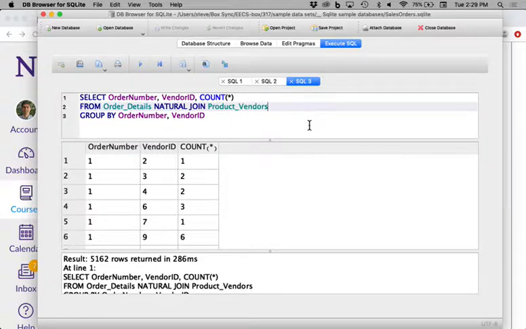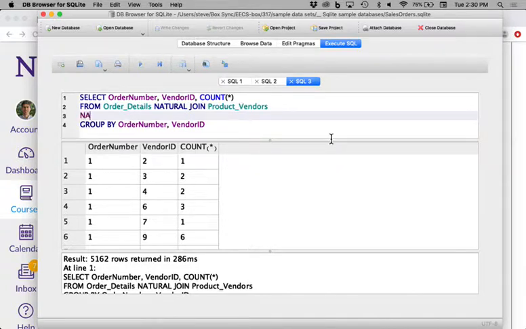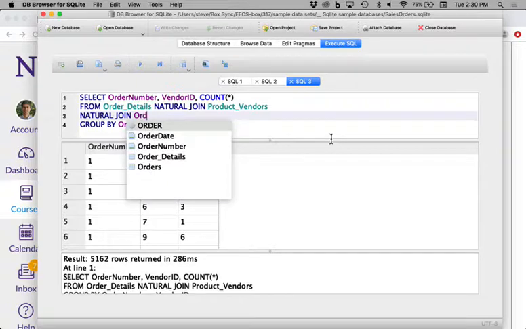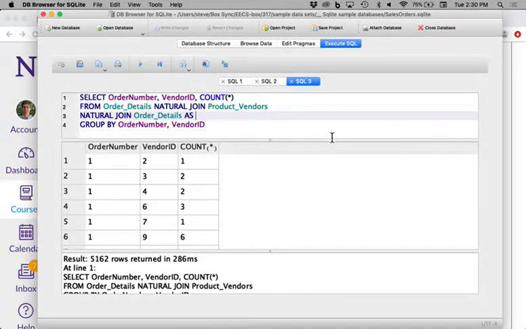Yeah, you could do it that way. I suspect that's how most of the solutions from the students were. I'm going to do this in a slightly different way. I'm going to join with order details again. I'm going to give it another name, OD2, order details 2. And when I do that, or actually I can't natural join, but I'm just going to,